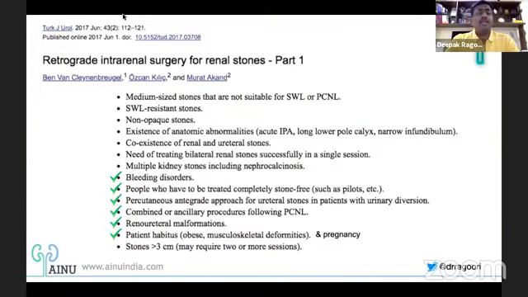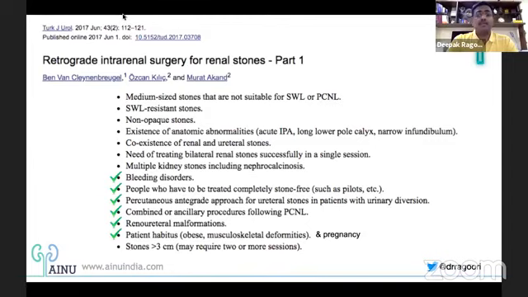Having said the indications and a few contraindications also, there are special situations in flexible ureteroscopy which make our life much easier. And that's the beauty of having a flexible ureteroscope in your hand, like patients with bleeding disorders and patients who might not be symptomatic, but professionally they would want their stones to be cleared. I guess now every one of you might be seeing these pilots and merchant navy guys coming to you for a complete clearance. These are the scenarios where you can use flexible ureteroscopy very well.